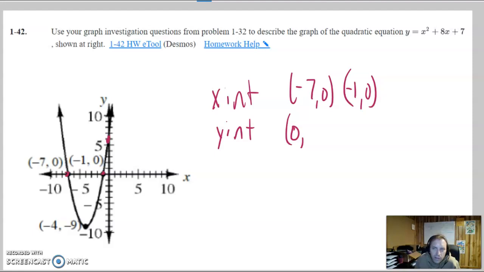Well, if I need to know, I can look at here. If I put 0 in for x, I get 0 plus 0 plus 7. And yeah, so our y-intercept is the point 0, 7. Finally, my vertex is the point at the bottom or the top of the parabola. Well, this parabola